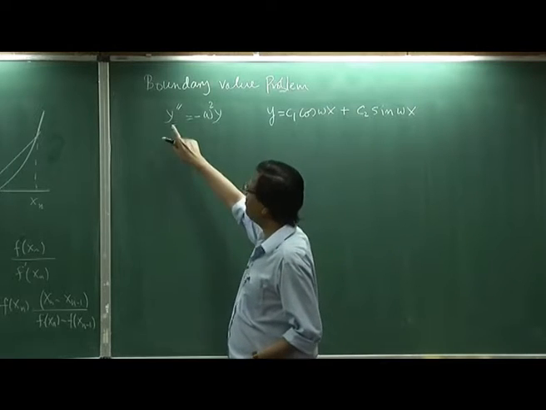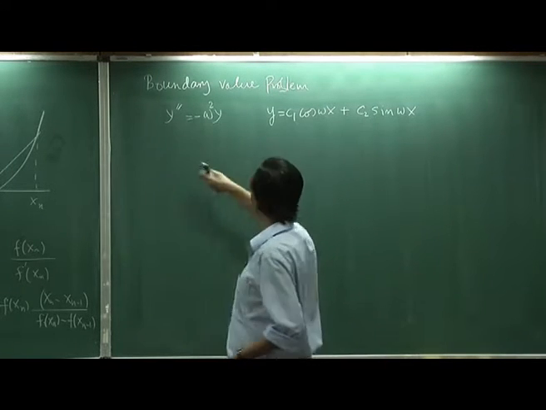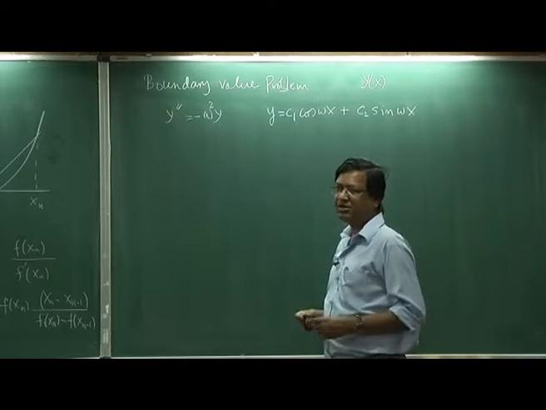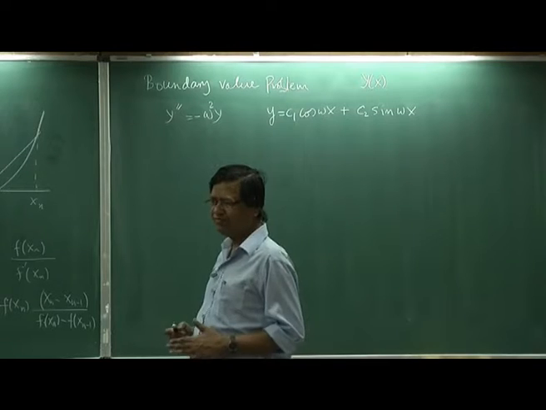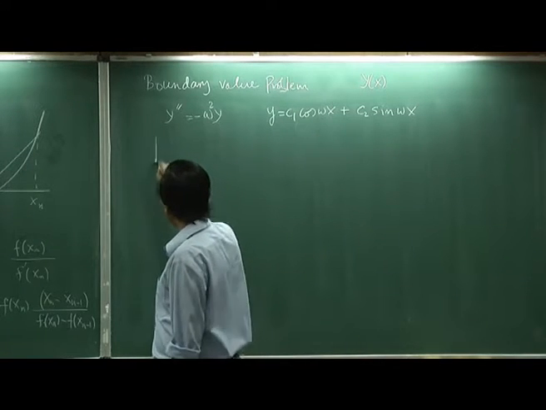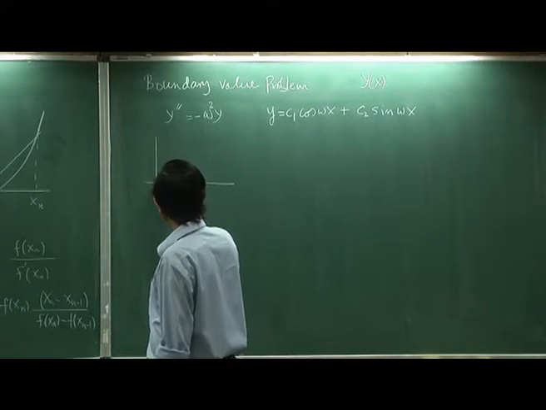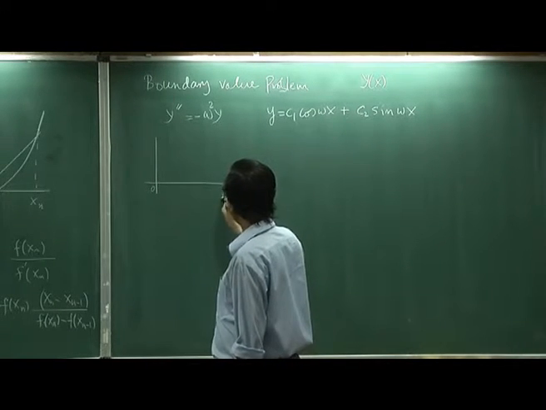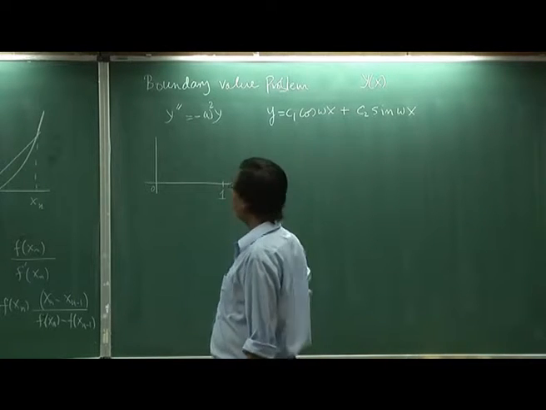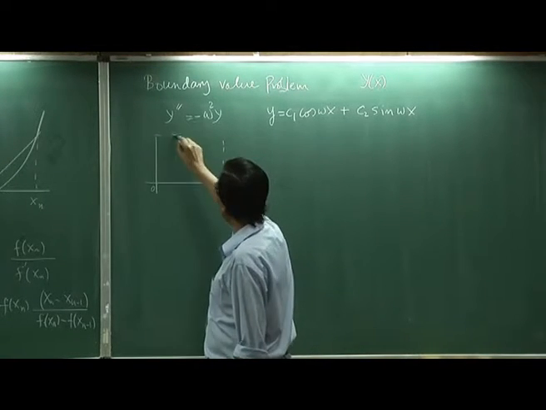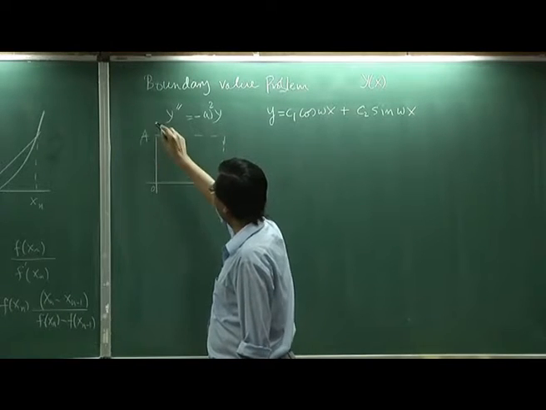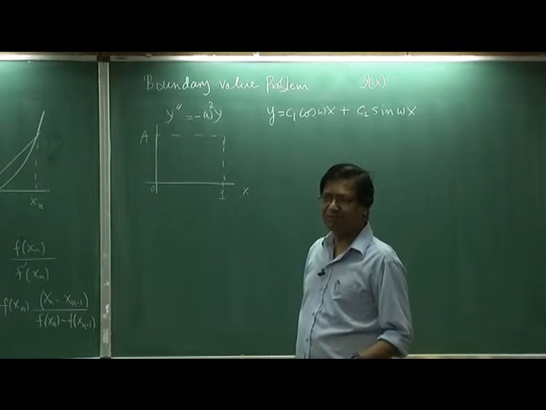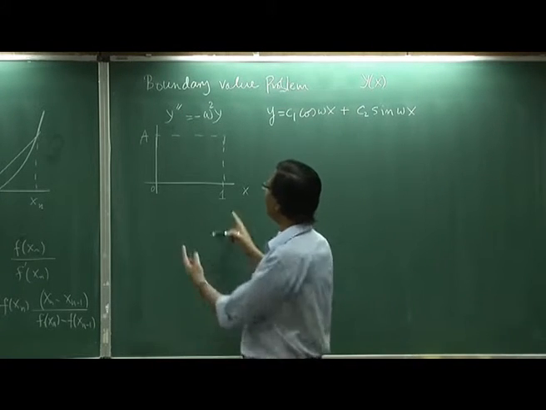Initial condition here could be x equal to 0. Please remember y is a function of x, but I want to give you boundary values. So in this example I will tell you the value of the function at x equal to 0 and the value of the function at x equal to 1, which is a. So it is not an initial value problem, it is a boundary value problem. I give the values of y at 2 points.